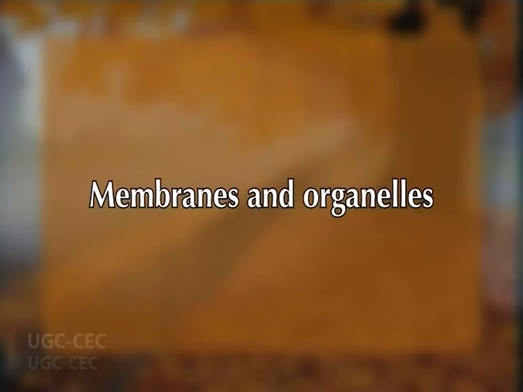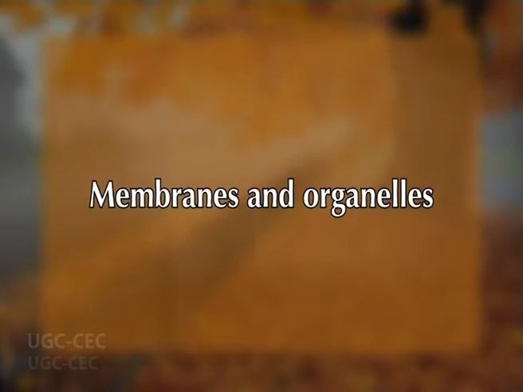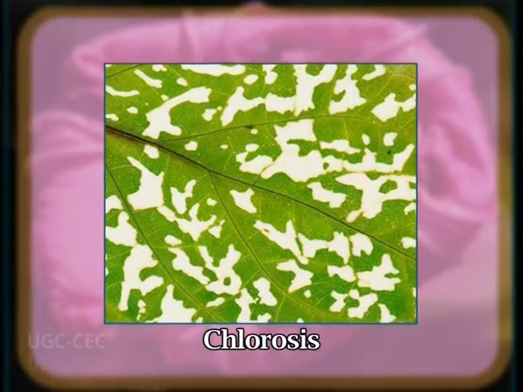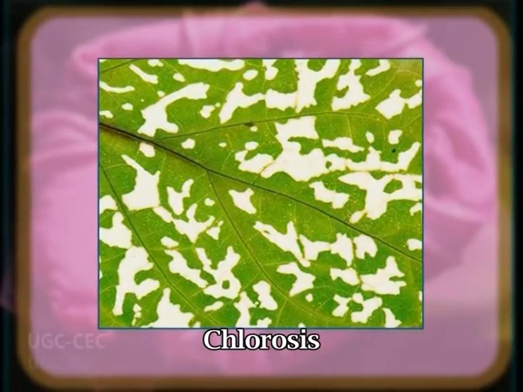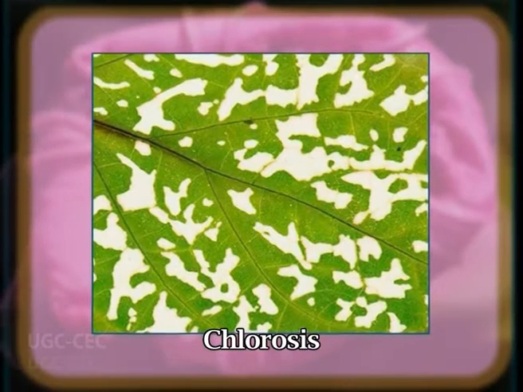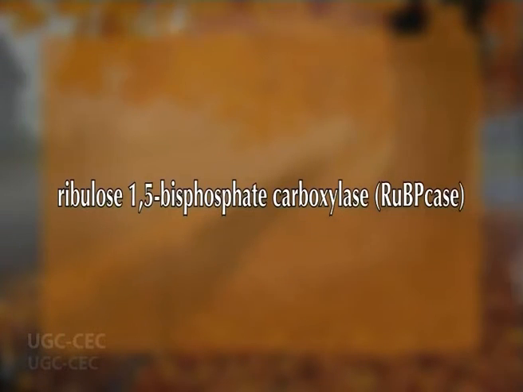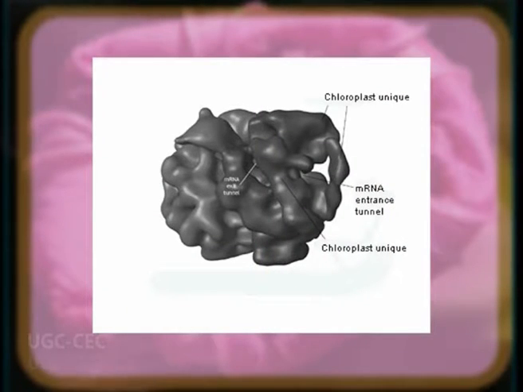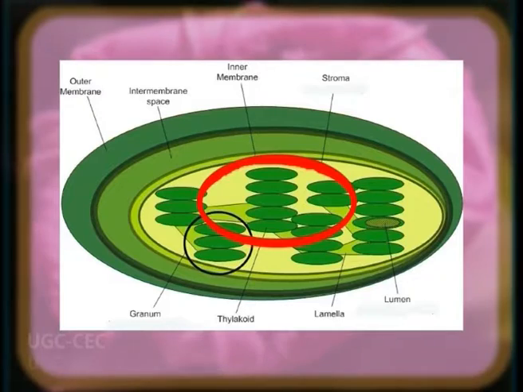Number 5. Membranes and organelles. Of all the cell organelles, the chloroplast shows the earliest symptoms of physiological decline. As pointed out earlier, decrease in ribulose 1,5-bisphosphate carboxylase activity is noticed first, with a corresponding early loss of chloroplast ribosomes, and this precedes the decrease in cytoplasmic ribosomes. In later phases of senescence, however, pronounced ultrastructural changes in the thylakoids occur. Other changes occurring at this time include swelling,